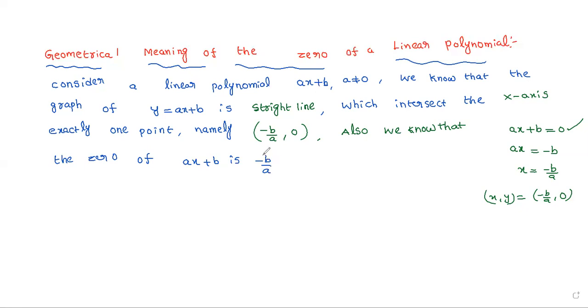The zero of the given polynomial is minus b by a. Ax plus b intersects the x-axis. Now, represent the linear polynomial